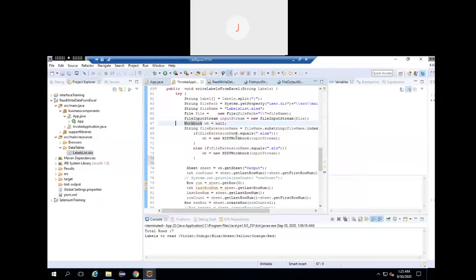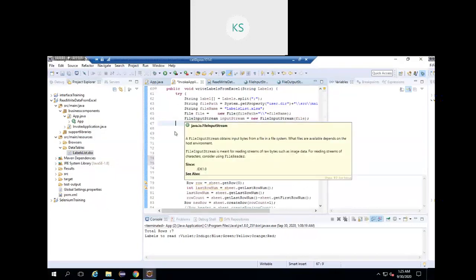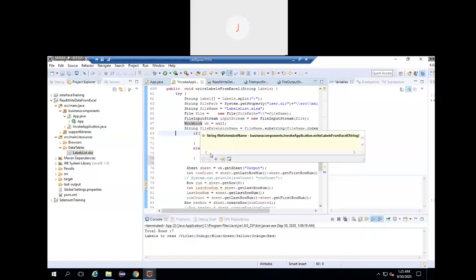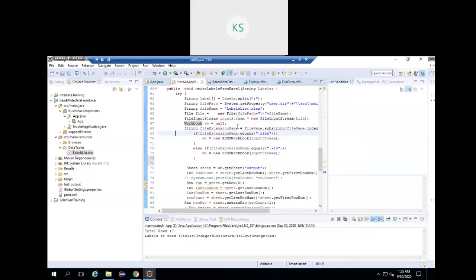Yeah, Jivita. We have to create connections. I'm writing the data and reading, both. Sorry, Kishan, could you please repeat your question? Yes, Jivita.